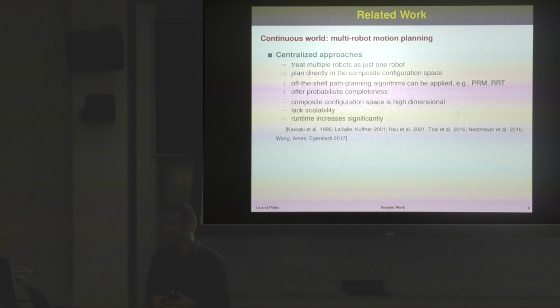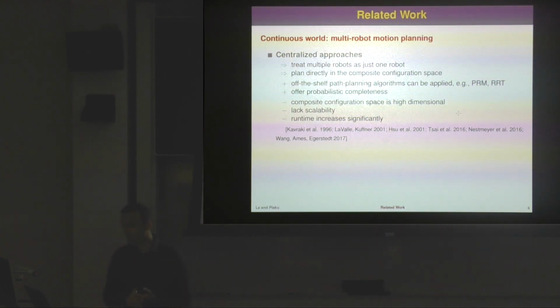And there the approaches can be categorized very similarly to the approaches in the discrete world. So we do have the centralized approaches when you have multiple robots, but you just treat that as one system. So there the dimensionality increases, and that becomes the bottleneck for decentralized approaches. On the other hand, they can provide guarantees, and in many cases we focus on what is known as probabilistic